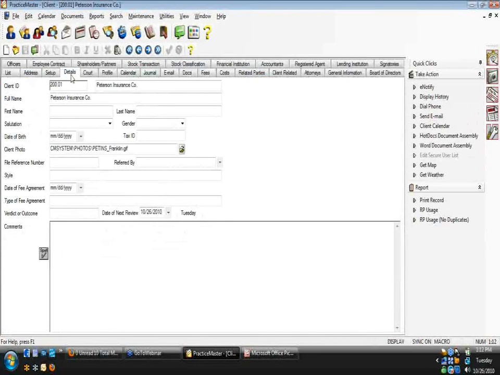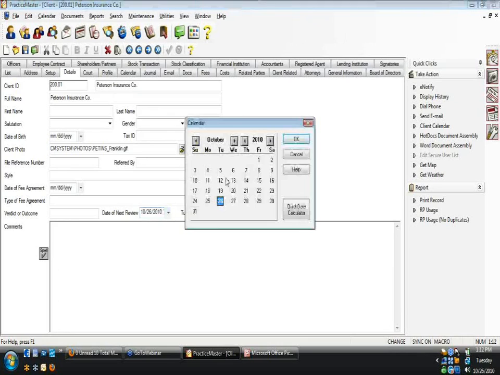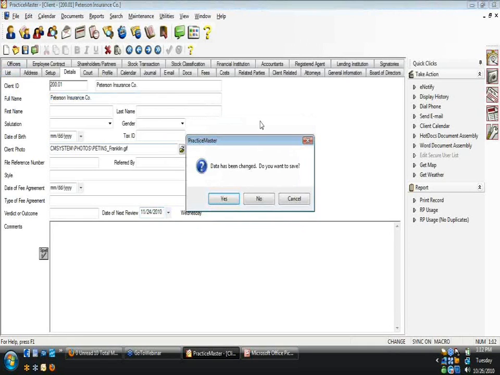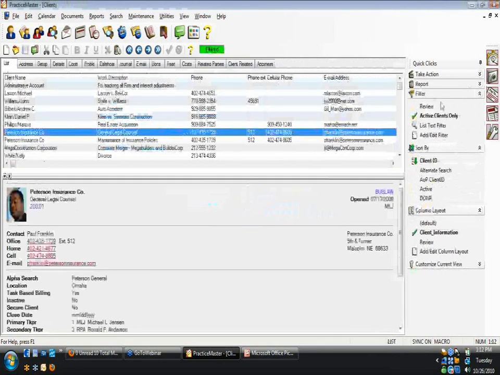not. But when the attorney then says, okay, I want to review this case again in a month, all he's got to do is click this button, go to the next month, say maybe it's the 24th, Wednesday the 24th is the next time he wants to review it. And when he goes back and turns on his review filter right here,